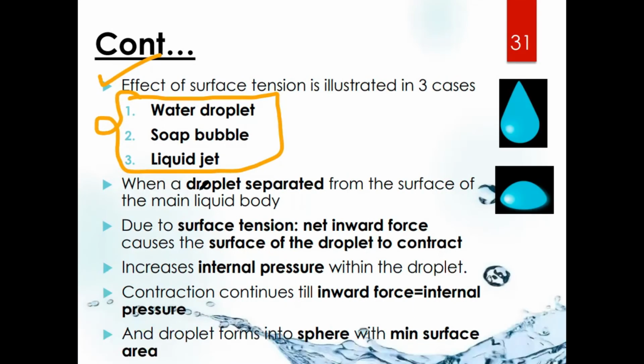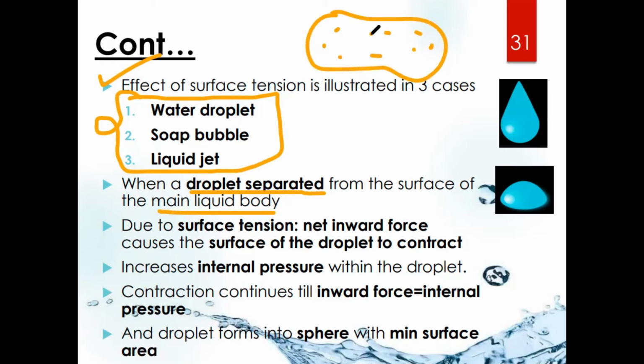For example, when a droplet is separated from the surface of the main body. If you consider this is water, from this water we have taken just a droplet of water and separated it. This is the main body, and from this main body we have just separated a droplet. So this is a droplet. We have separated a droplet from a main water body. And what happens when you separate a liquid droplet from a main water body? Due to this